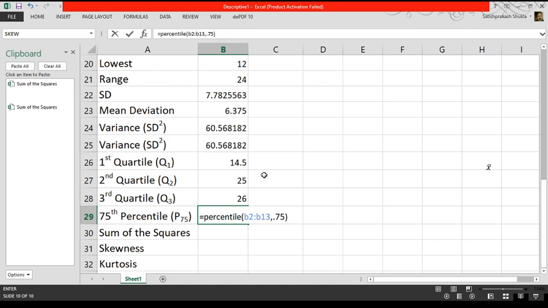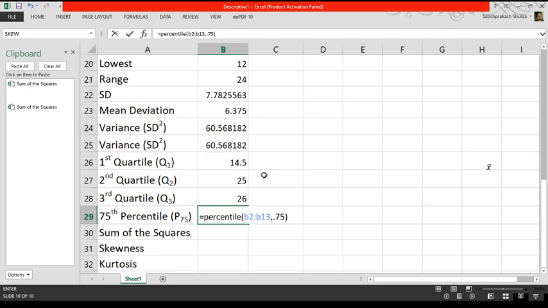Suppose we have to find the value of the 99th percentile, then first 99 will be divided by 100 and we'll get 0.99. So in place of 0.75 we write 0.99. If we want to find the value of the 10th percentile, then we will divide 10 by 100 and we will get 0.1. So in that case, in place of 0.75 we will write 0.1.